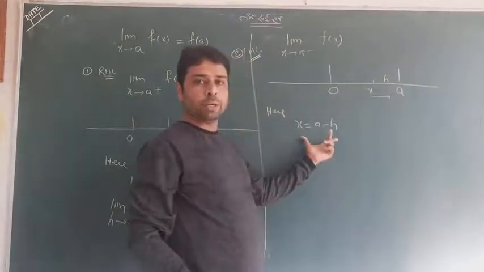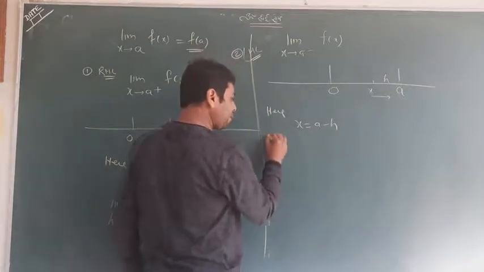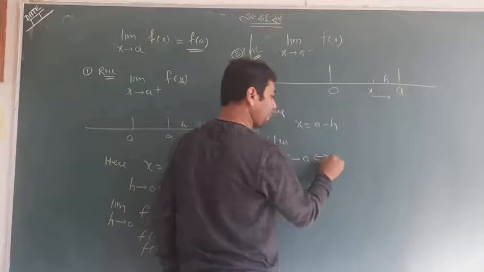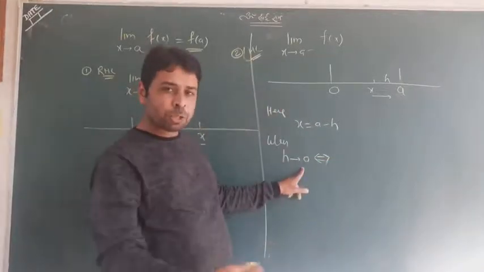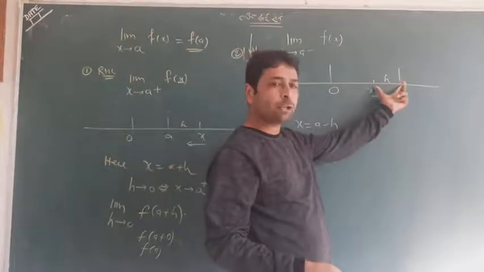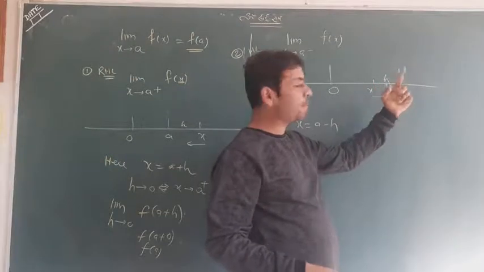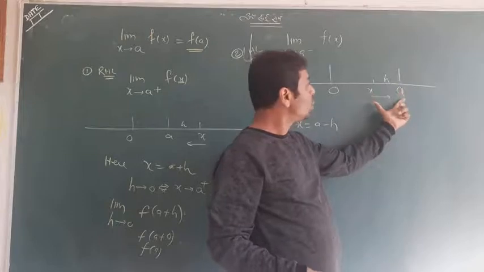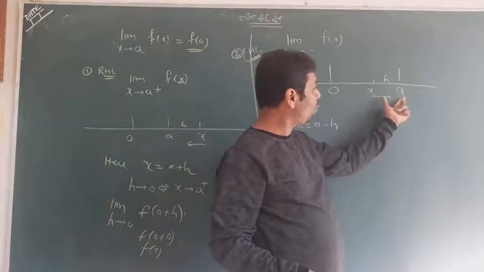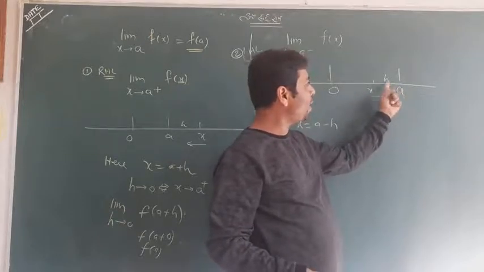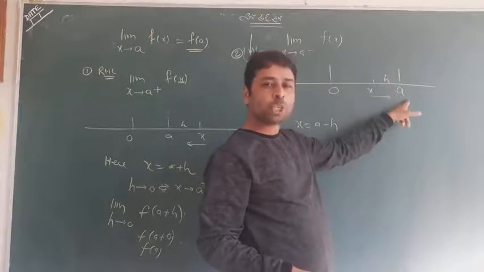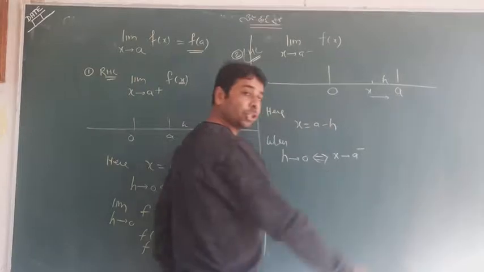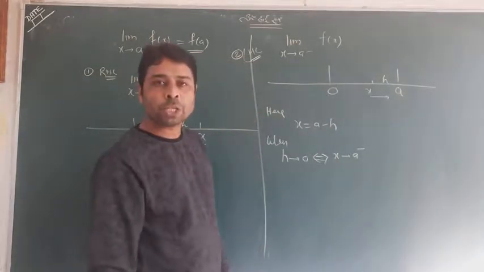You have got it. Now again I speak something. When h will go to 0, what will happen? When h is tending to 0, can you see my finger? This index finger is a, which is constant, and this thumb is x, which is movable. So when x is coming to a, h will get 0, and x reaches a from the left direction. So when x reaches a from the left direction, it is given by x tends to a minus.